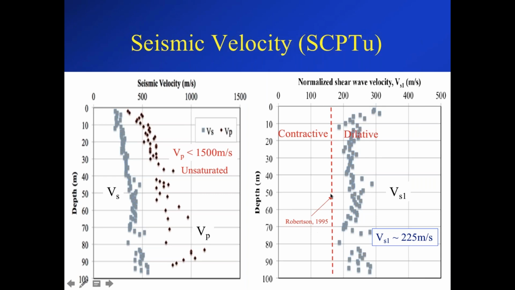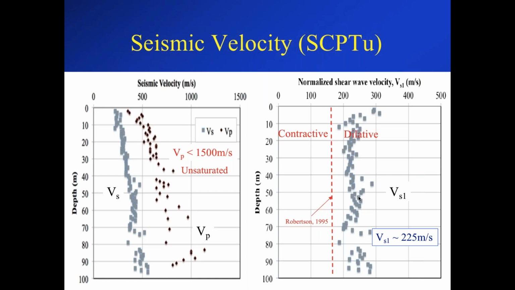Now, back in '95, I had suggested, and that's generally supported by more updated information, that the boundary between contractive and dilative behavior in terms of normalized shear wave velocity is somewhere around 150 to 170 meters per second. I'm showing it roughly at 170 here to be conservative. And you can see that all of the normalized measured shear wave velocities are larger than that value,